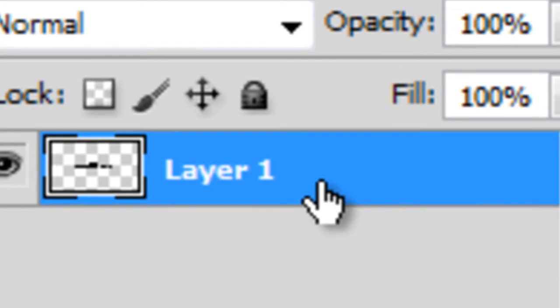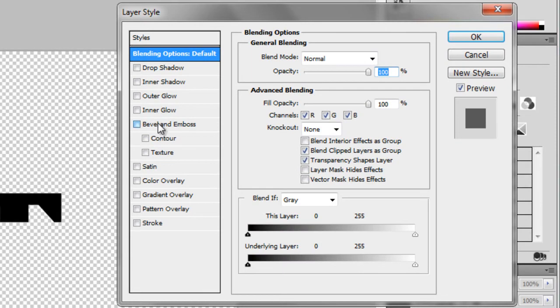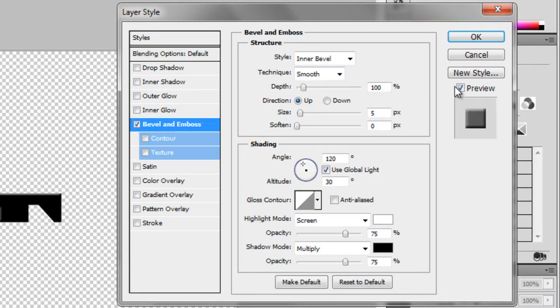Okay, so first thing you want to do is go into blending options, and then you want to go to bevel and emboss, and technique. I like to do chisel hard. It just gives it a nice texture on the edges, and the depth, you want it to be around 700 so that it comes in a little bit, and you change the size to whatever you want. I'm gonna leave mine about 7. Okay, press OK,